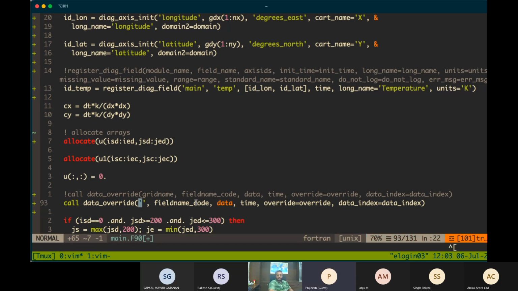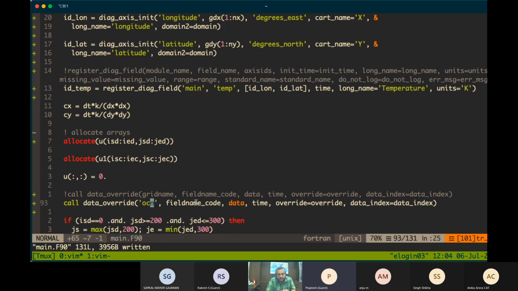So here there is something called grid name, which is just an identification. As I said, we can use many models, and in a coupled system you will have different models, and different models will have different grids. So we need to give some identifier for each grid. Here you can give any name. It's similar to that module thing in DAG Manager.